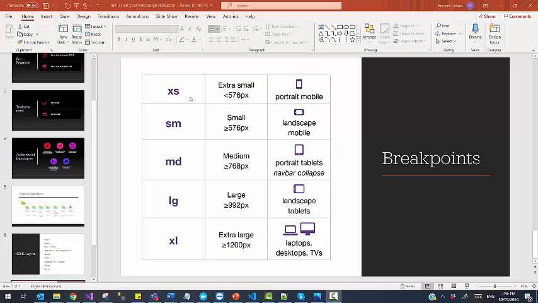As you can see here in my presentation, different sizes of screens are already defined using pixels. Anything less than 576 is treated as a portrait mobile. Any device greater than or equal to 576 would mean that you are viewing it on a mobile in a landscape orientation. Likewise, a medium